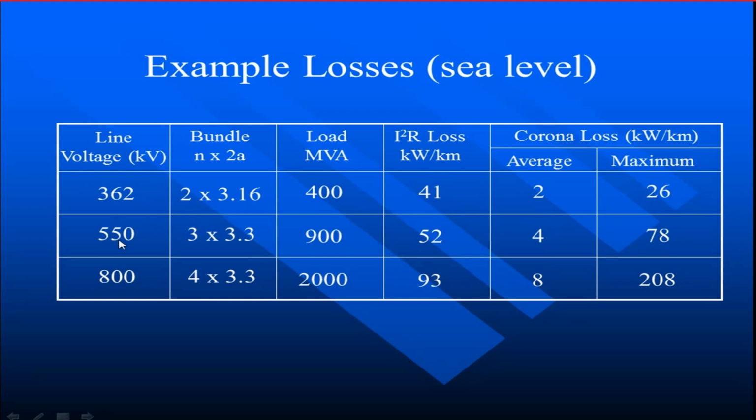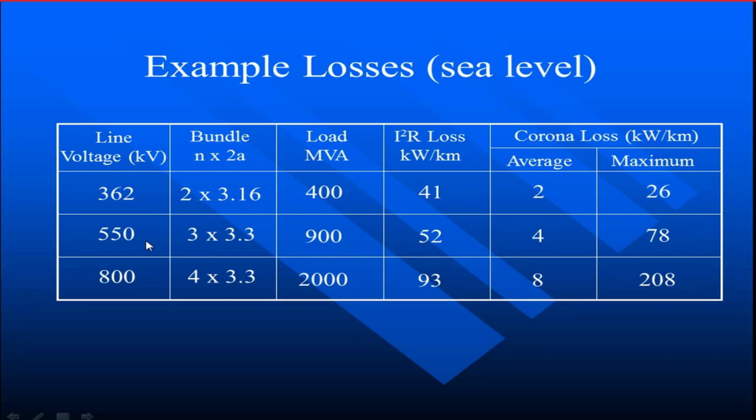Now let us move towards 550 kV. Yesterday I told you that above 500 kV it becomes major. So if we consider 550 kV with 3 conductors in a bundle, each having a diameter of 3.3, and the power to be transmitted is 900 MVA, here you can observe that the corona loss becomes major because it exceeds the I square R loss, here 78,